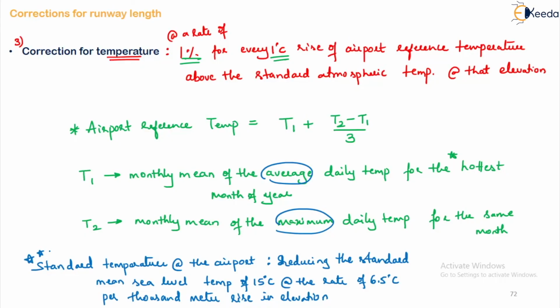You have to note the ICAO recommendation: if the total correction for elevation plus temperature exceeds 35% of the basic runway length, a specific study at the site by model test should be carried out before finally adopting the runway length. What does that mean? The corrections for elevation and temperature together will increase your basic runway length by almost 35% according to ICAO. So we have to make some field tests also, and then decide which runway length to choose. So this is about the corrections of the runway length. Hope you have understood it. Thank you.